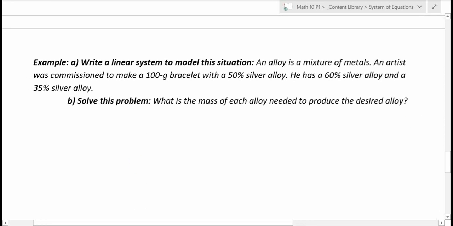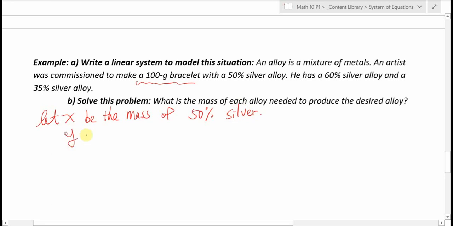Okay, well, what's there to write? Well, it says he is making a 100 gram bracelet. So I'm going to say let x be the mass, or the weight, of the 50% silver. And let y be the mass of the 60% silver. Well, in that case, I know right away that x plus y should equal 100, right? Because if I mix them, the mixtures of different silver percentages, different purity,